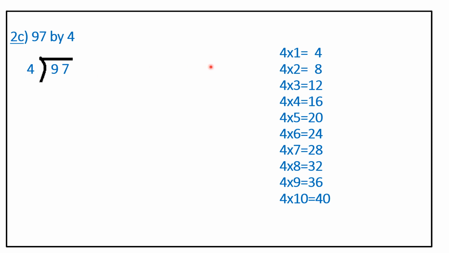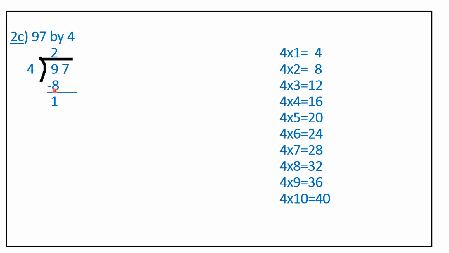So the table of 4 I have written here, you see. Now you read the table of 4 and you have to get 9 or just less than 9. So 4 1s are 4, 4 2s are 8, 4 3s are 12. You can see 9 is coming between these two numbers. So we cannot apply 12 because 12 is more than 9. So we will apply 8. So 4 2s are 8. You cannot apply the greater number. You have to apply the nearest number which is lesser than that number. So you will apply 4 2s are 8, and you write here 4 2s are 8.